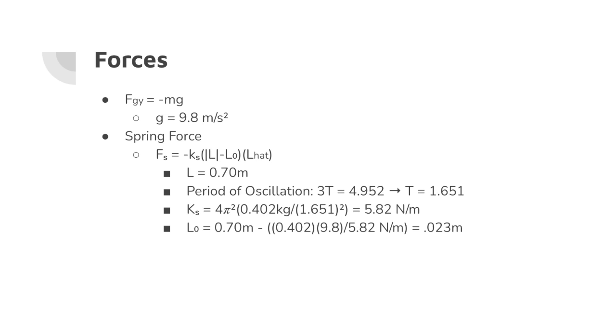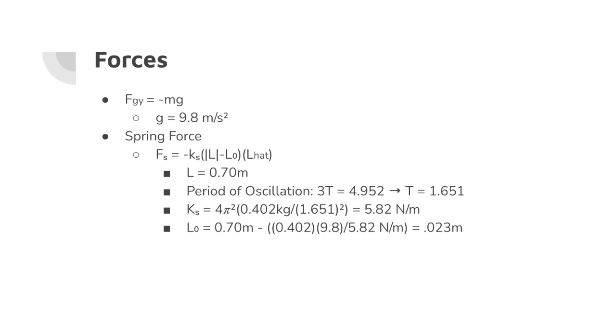Also included are the gravitational force, which is mass times negative gravity, with gravity being 9.8 meters per second squared, and the spring force, which is negative spring stiffness times the magnitude of L minus L naught times L hat. By utilizing the distance from the attachment point to the object, which is L, and the period of oscillation, which is 1.651, we can find spring stiffness equaling 5.82 newtons per meter and L naught equaling 0.023 meters with the